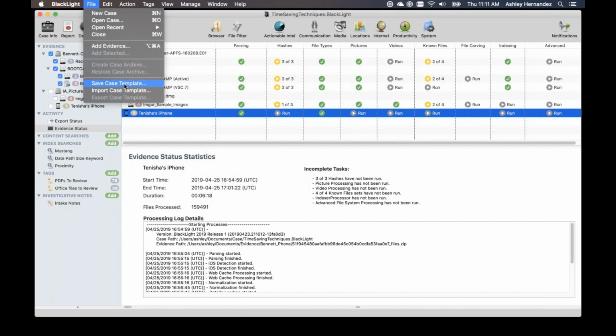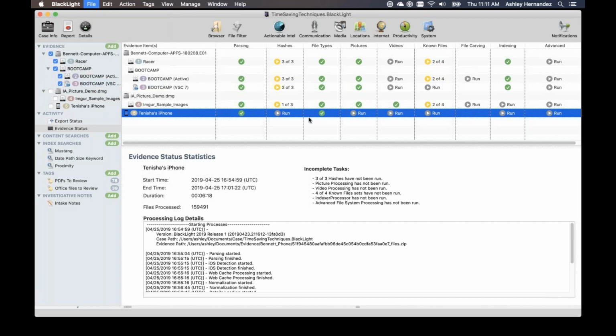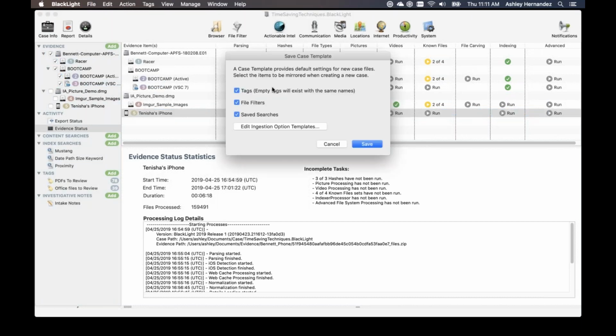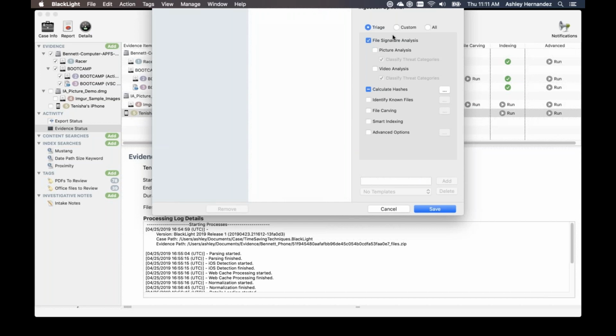But as part of our case template, up here we see file, save case template, you can choose to save things like tags, file filters, or searches that you've done. And if you edit ingestion options, this will let you pick what you want to have starting out of the gate for the different items. So if you wanted a custom setup where you always ran picture analysis and known file identification and hashing, you could set those as your default ingestion options.